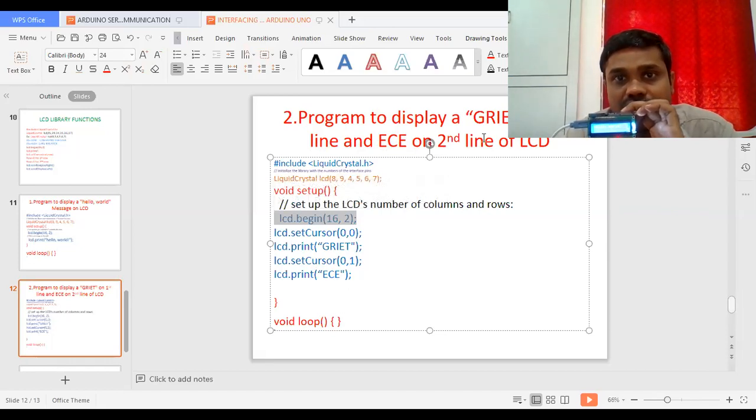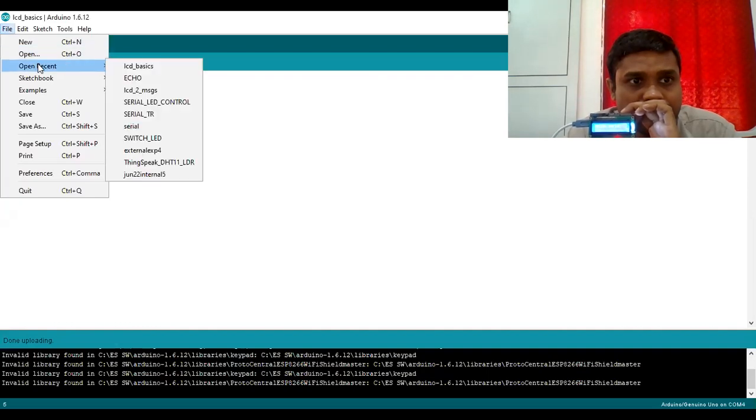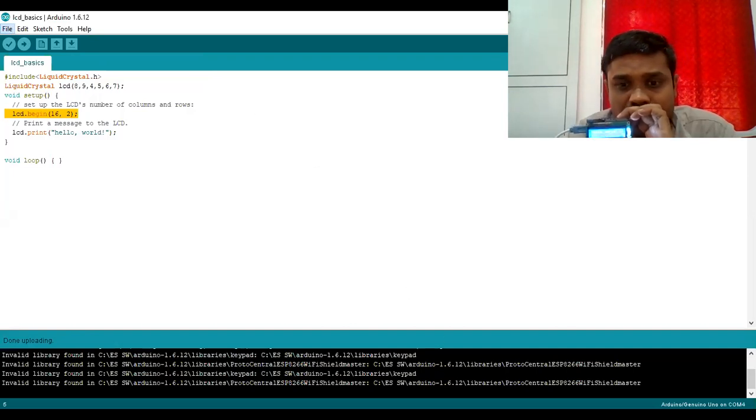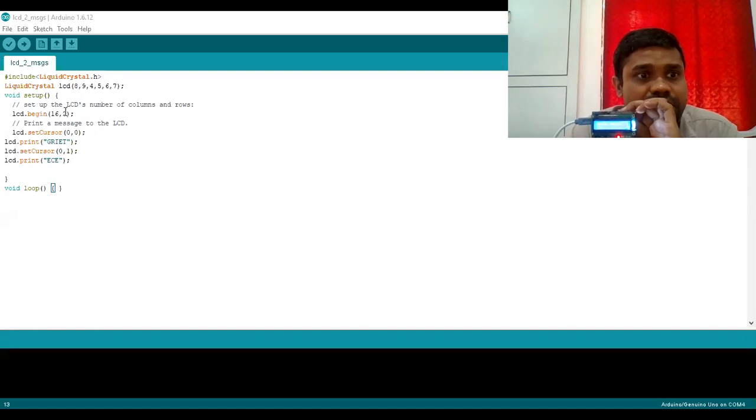We want to see the same thing in the Arduino IDE. Here in the setup, lcd.begin.